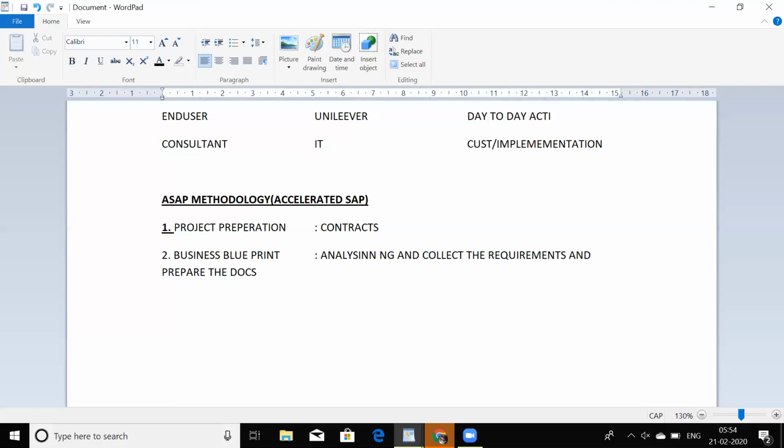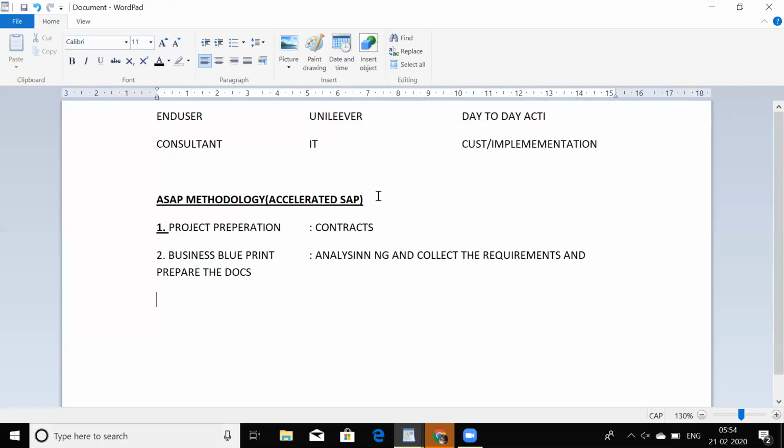Once the blueprint has come, that means the requirements have come, the third level is called realization. Whatever the client requirements we analyzed in the second level, we have to make those into SAP. That means the customization and implementation happen in the third level,